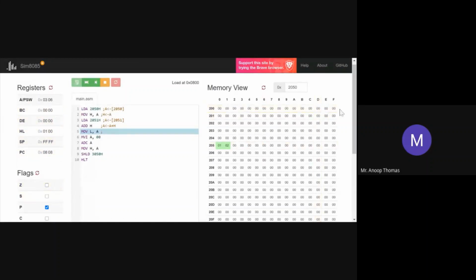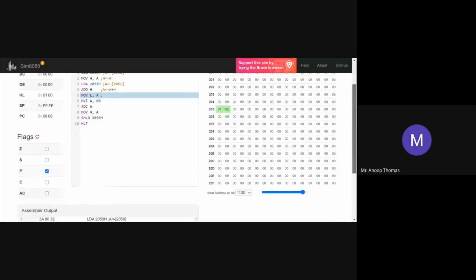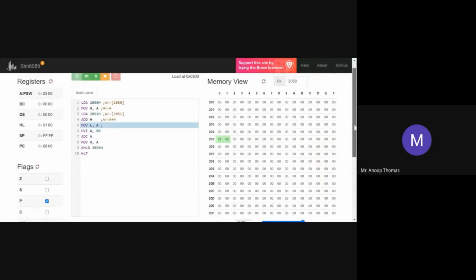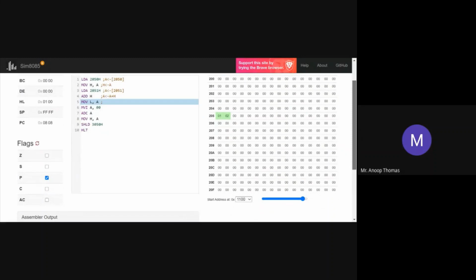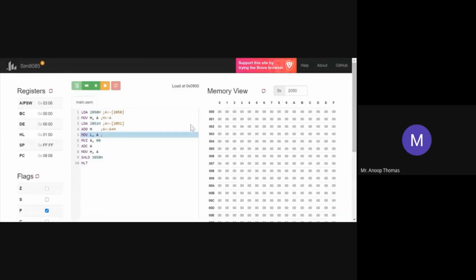Then you have flags being shown separately, the 5 flags associated with this. Then you have all the memory addresses being shown here. You see the way in which it is arranged. It's quite logical. Each location is 8-bit, so the data here is 8-bit.